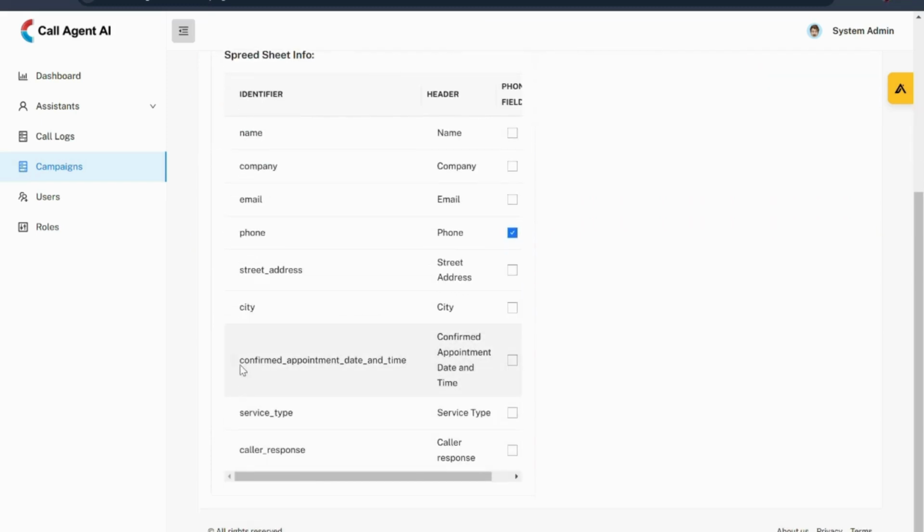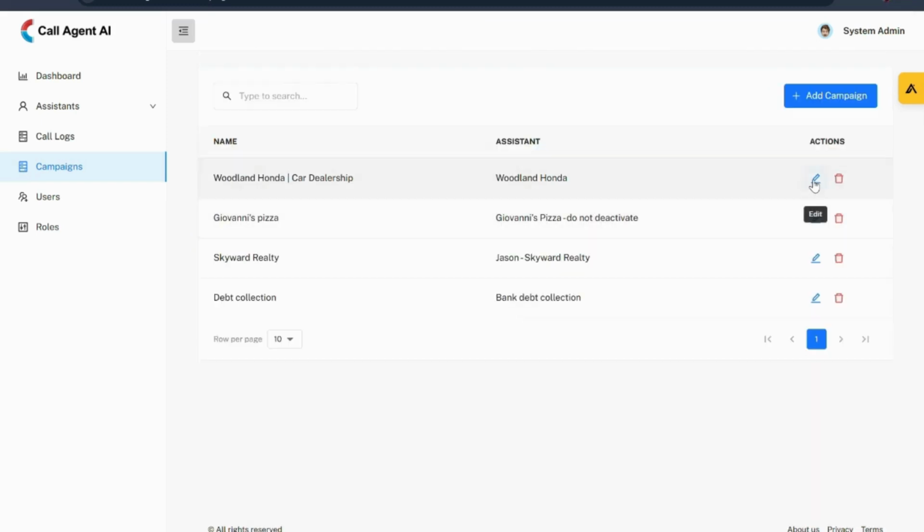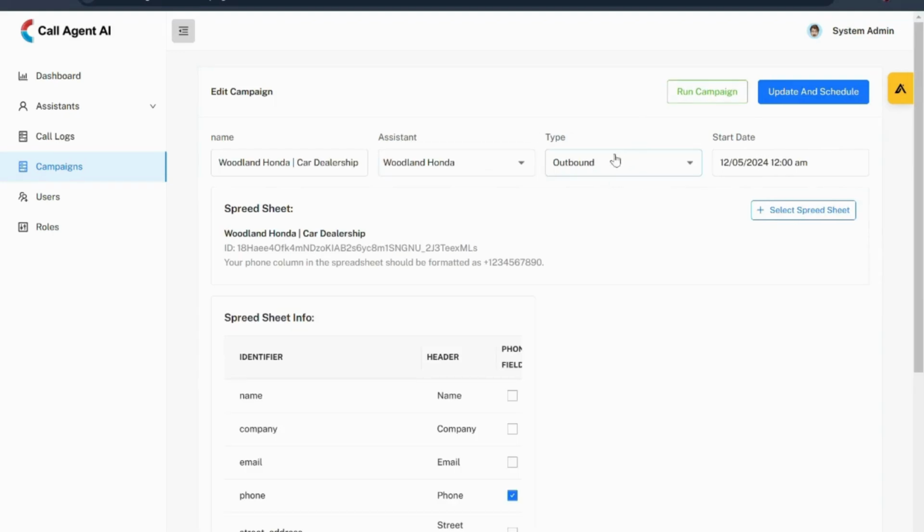And that's how you set up your inbound or outbound campaign and link your Google spreadsheet to Call Agent AI's